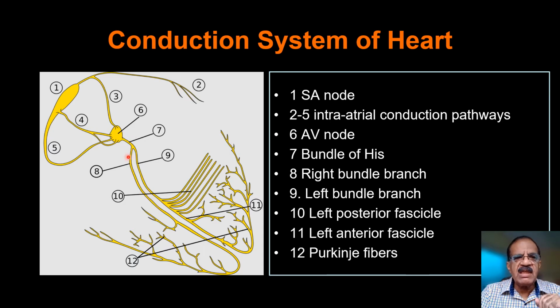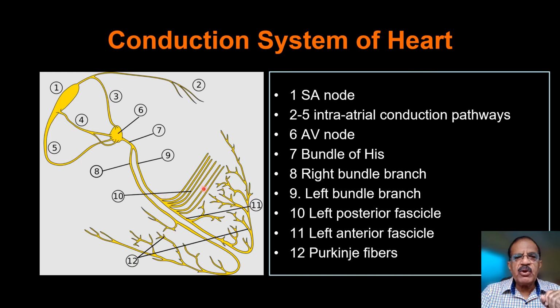It pierces the septum, goes to the right side, passes on the right side of the septum, and then turns around and gives branches, and then it depolarizes the right ventricle. Now this one is the left one, the left bundle. This goes like this, and this also bifurcates into the left posterior fascicle,